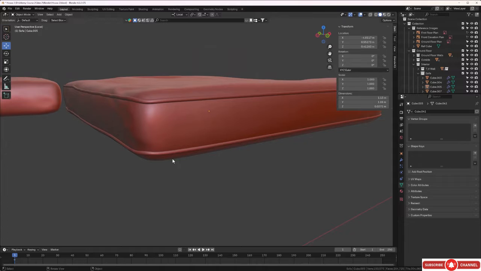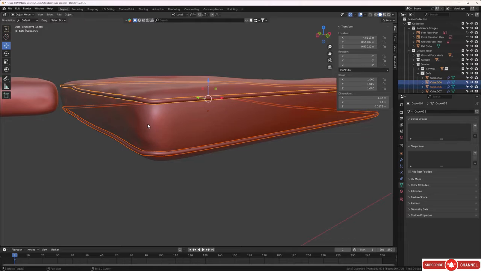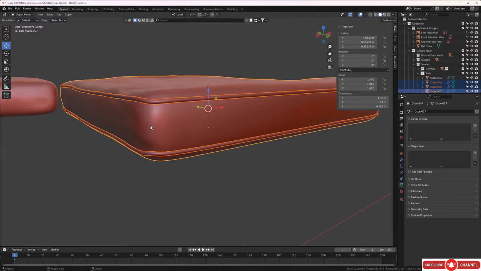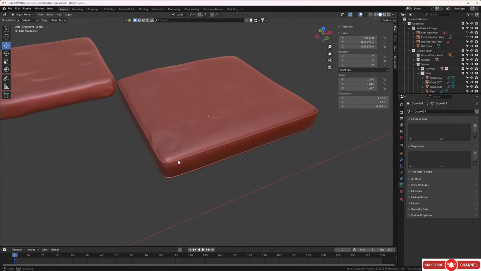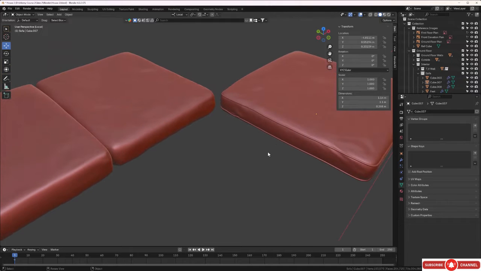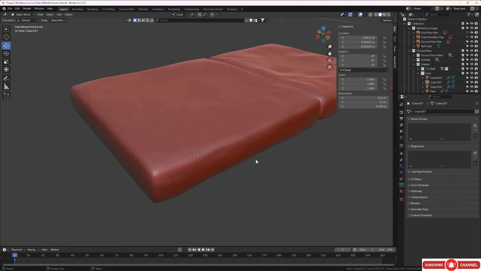So once I've done that, what I'm going to do is join all three of these together. So I'll grab maybe the two pipings and then the seat last, and I'll press Ctrl J to join those into one. And there we go. So that is that upholstered seat base now all finished. So let's go ahead now and repeat that process. So I'll grab maybe this one here,